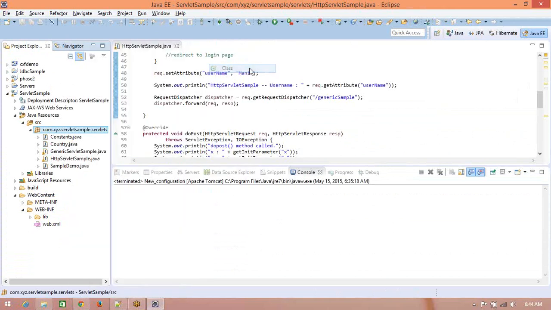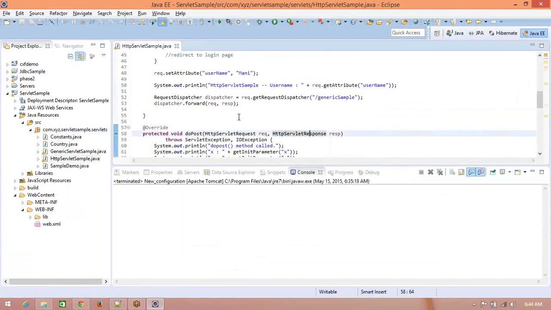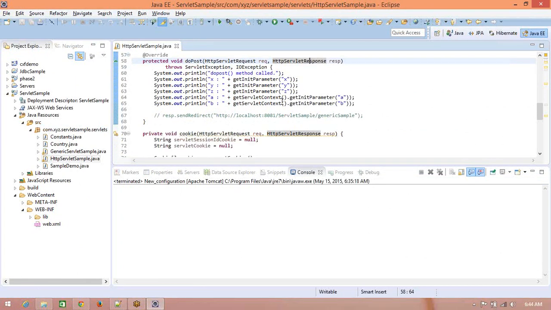Class. We'll take a class and we'll keep it filters. We'll write... so before that I will show you what are query parameters. Okay, so in this doGet